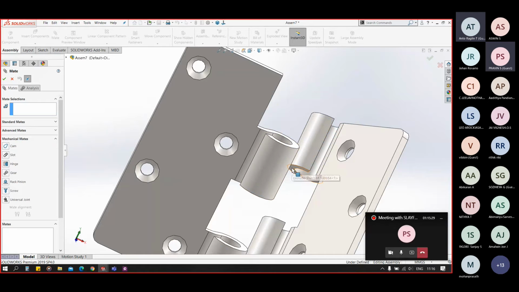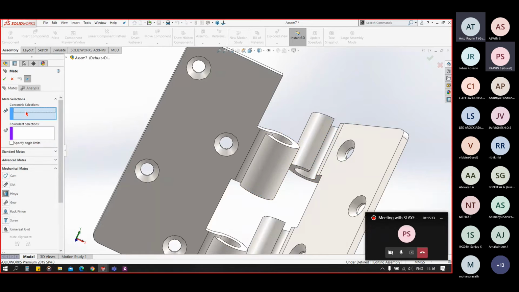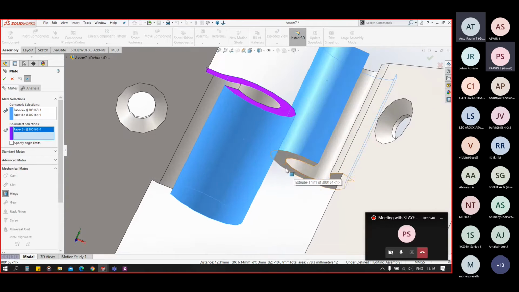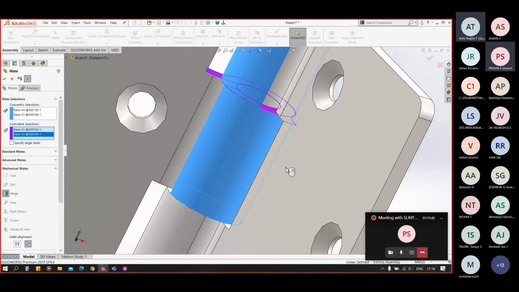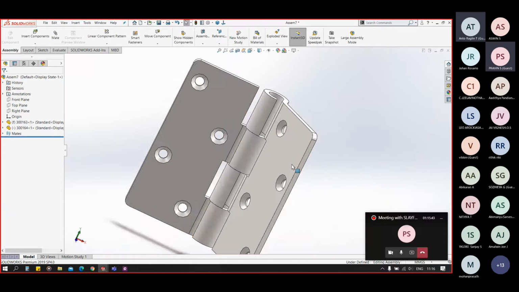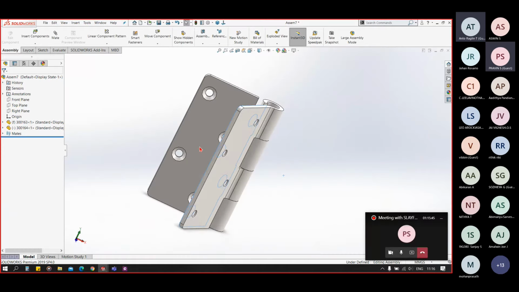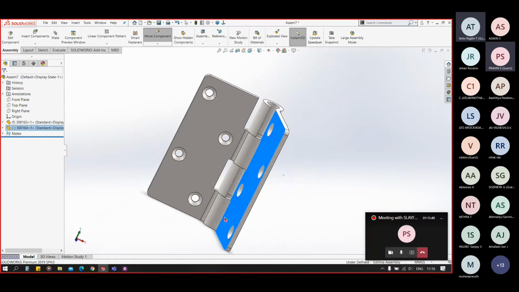Sorry, not the edge. Select hinge again. In the concentric one, select the circular faces. In the coincident one, select this linear face and this linear face and click on OK. You can see that we have our hinge now.